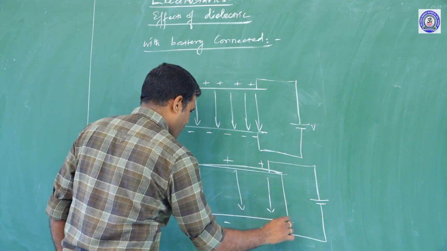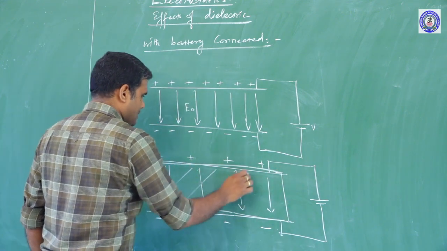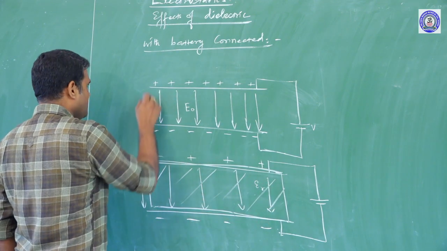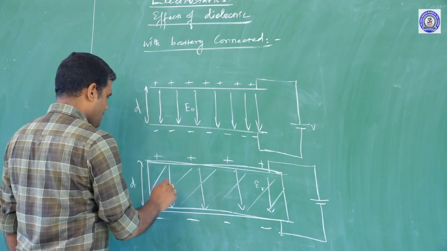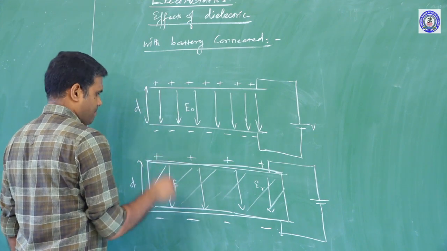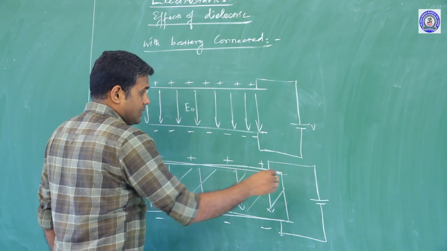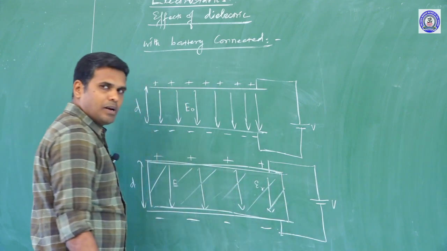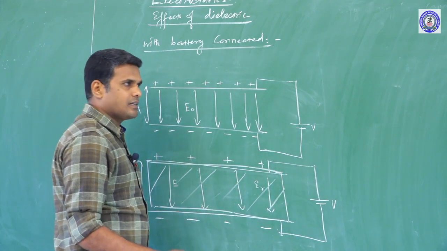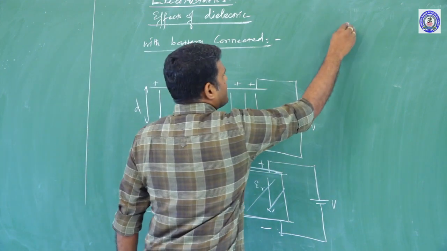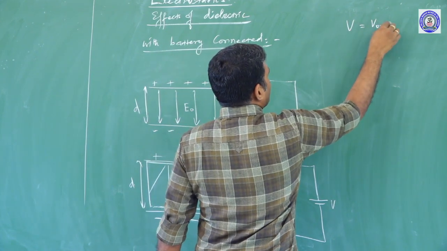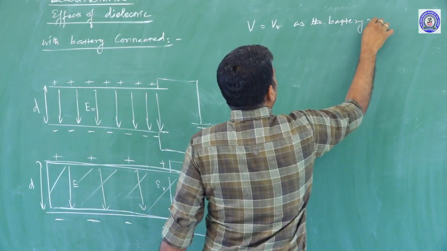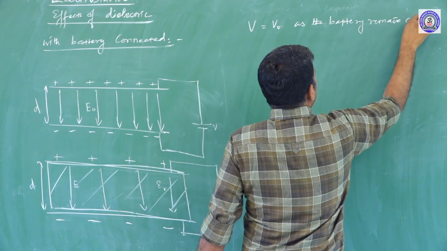Dielectric is there now. Dielectric constant is epsilon r. Separation between the plates is d. Here also separation is d. Now the electric field decreases, but the battery remains connected, which means the potential difference across the plates of a parallel plate capacitor remains constant. If potential difference remains constant, if V is equal to V naught, as the battery remains connected,